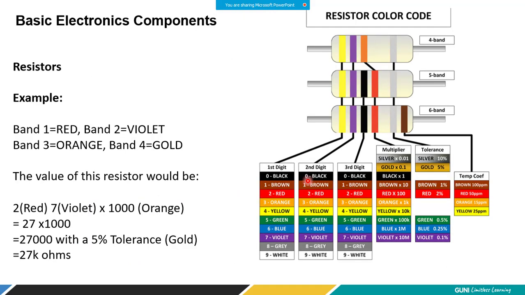Most of you have already remembered all these things, but still, just to make it more clear, let's say you have been given a resistor like this, right? And you have a value like this. So for example, let's say you have a 4 band resistor. 4 bands are there on the resistor, and they have been color coded. And with normal eyes, you are able to see the color code, right? So let's say the first color is red, band 1. Band 2 is violet. Band 3 is orange, and band 4 is gold.